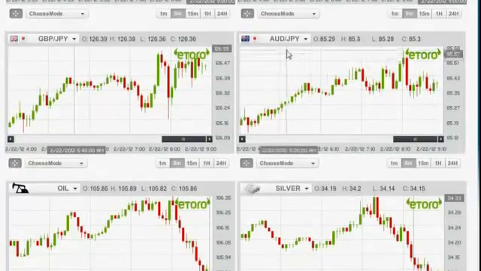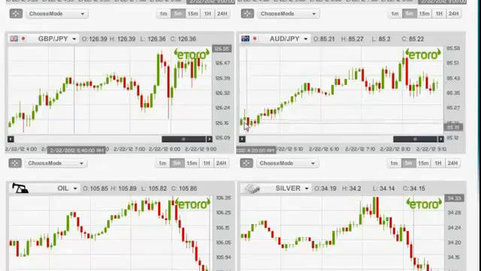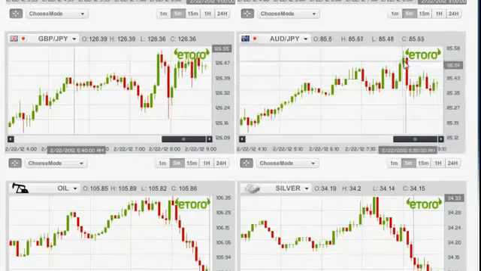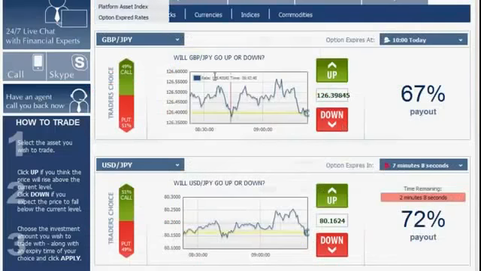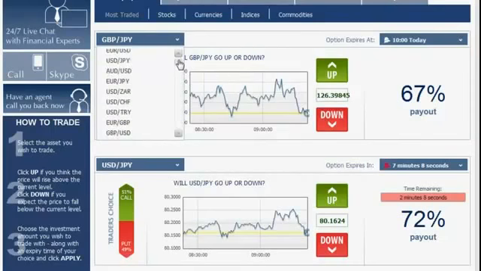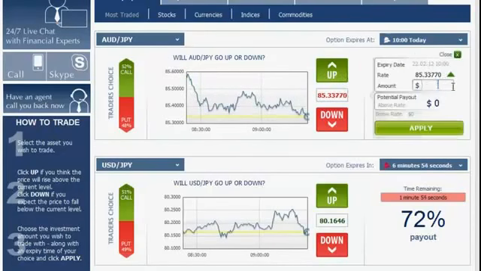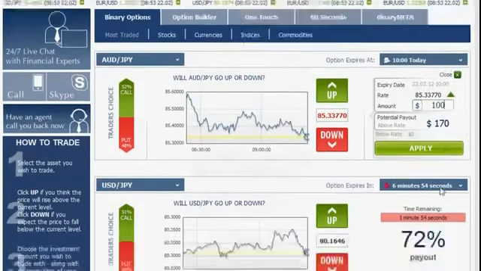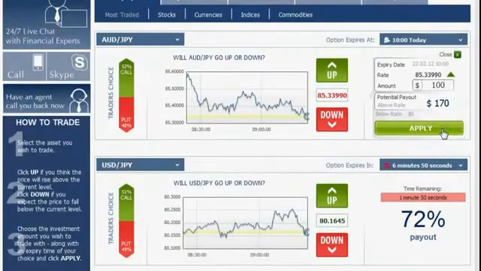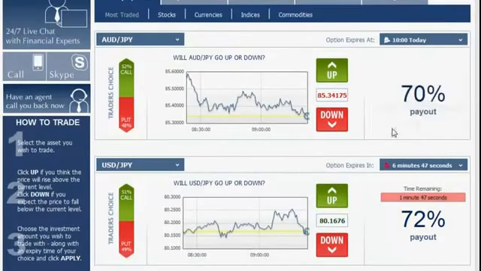We continue on to the AUD versus the Japanese yen. This as well is a beautiful upwards going trend line going from this point all the way up here. It has its high point here, but it's okay. It's classified as an upwards going trend. We go back to the platform, choose the AUD versus the Japanese yen right here. Since it's going up, we click up, enter $100 and apply. We approve the option